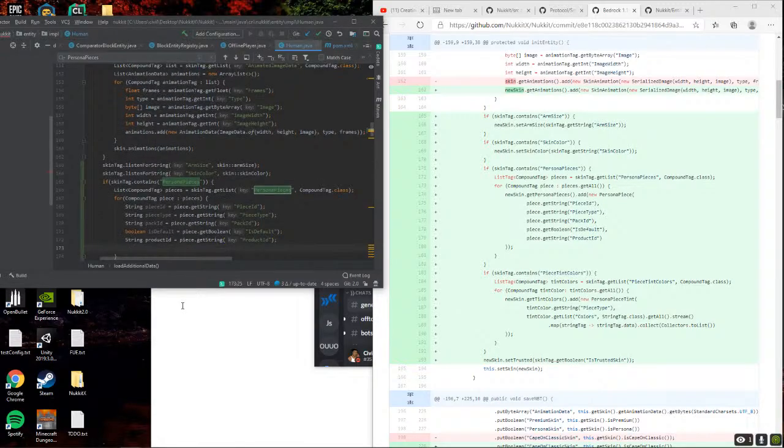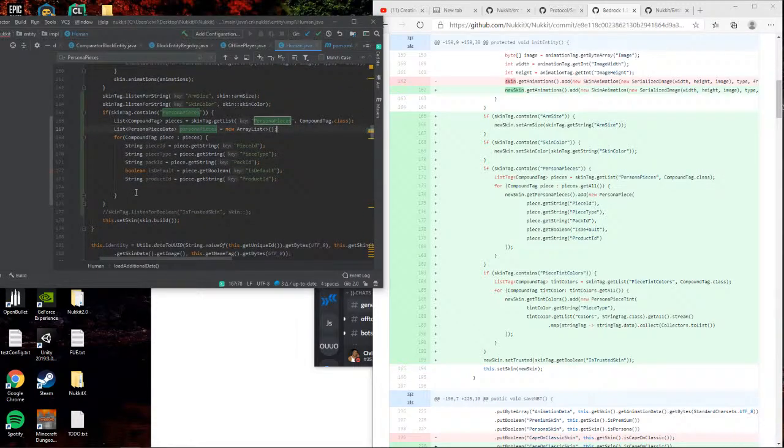All right, and then just have to do it this way. List persona piece data persona pieces equal to new array list, and then I just need to add this.